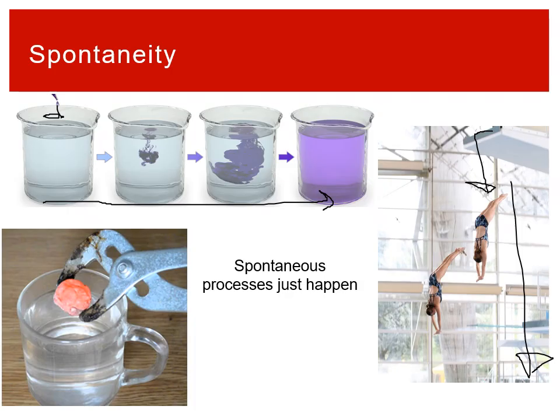Another example of a spontaneous process is this piece of metal here that's very hot, which is why it's glowing. If you put it in this water, which is not hot, the heat will go into the water and the water will warm up. You have a temperature difference, and eventually they'd reach the same temperature. Again, that's spontaneous. Now, getting this metal hot initially required some doing. The piece of metal isn't just going to get hot on its own. Instead, you have to do something to it. That would be non-spontaneous. But once you have a hot piece of metal, that heat flowing from hot to cold is spontaneous. You don't have to try to make it happen.